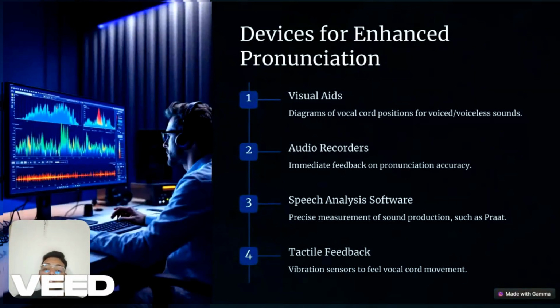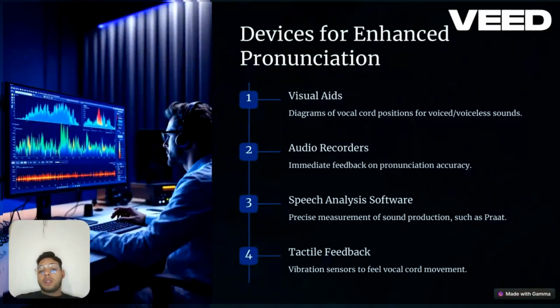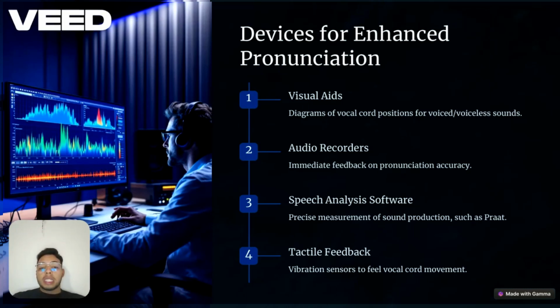Devices for enhanced pronunciation. First one, visual aids. Visual tools like mouth diagrams, vocal cords illustrations, and charts help learners to understand where and how sounds are pronounced. For example, showing the difference between voiced and voiceless sounds with diagrams makes the concept more tangible. These are especially useful for visual learners who benefit from seeing what's happening inside the mouth and throat during the